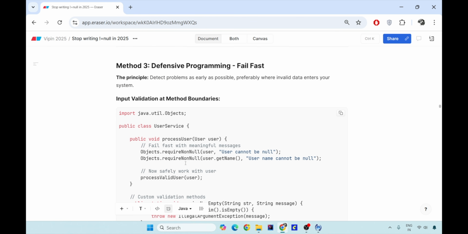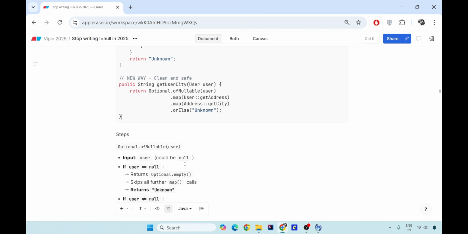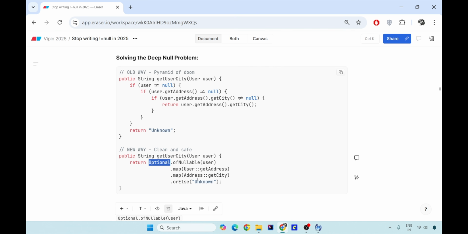Now I'll tell you the third beautiful way, and this is a very trendy way nowadays because, for example, if you have a banking application and here if by any case your user is null and you return an unknown user, but after that your logic is that if the user is something which is not null or no exceptions are coming, go ahead, access the balance, access the statement or even withdraw the amount.